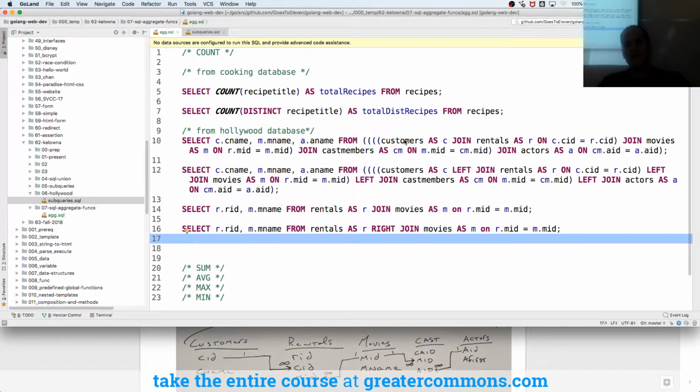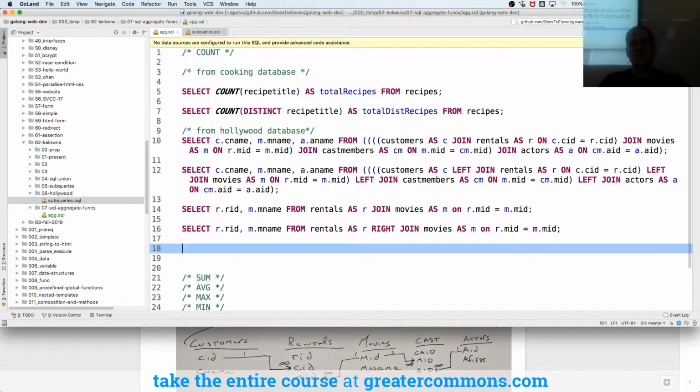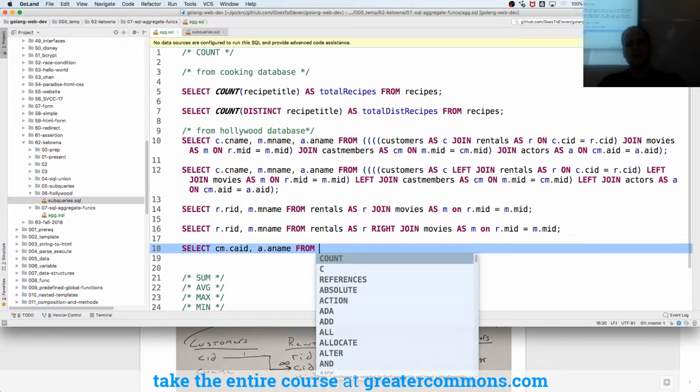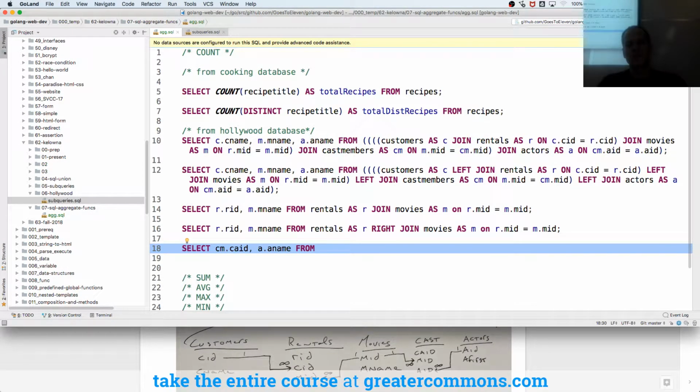So how can we find out if there's an actor that's never been a cast member? Let's write that one. Select castmember.caid, right? And actor.aname from, and I know the diagram, I named those wrong, from cast member, is it members? Cast members as CM,